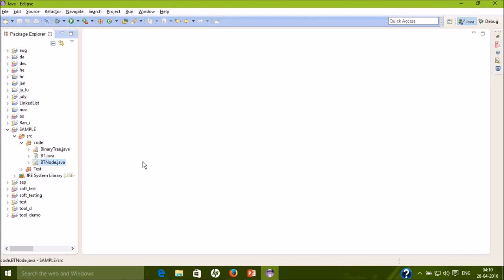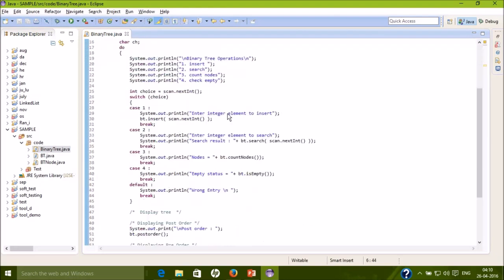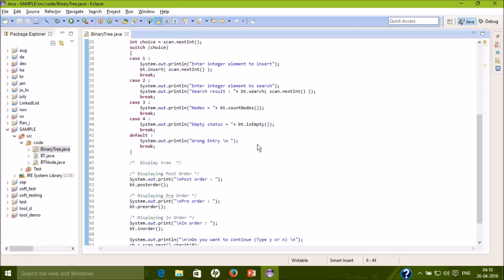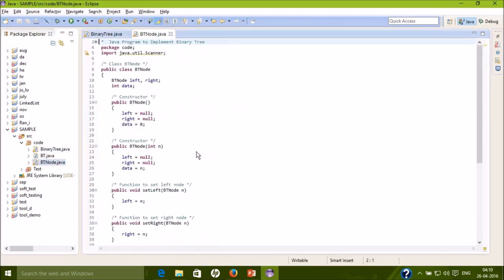Now I'm going to my Eclipse, and here you can see I've already imported my project. This is a sample project, and now we'll be looking at these classes. This binary tree class has the main method, and this basically provides the UI for the addition of elements in the tree and so on. Next we have this BT node.